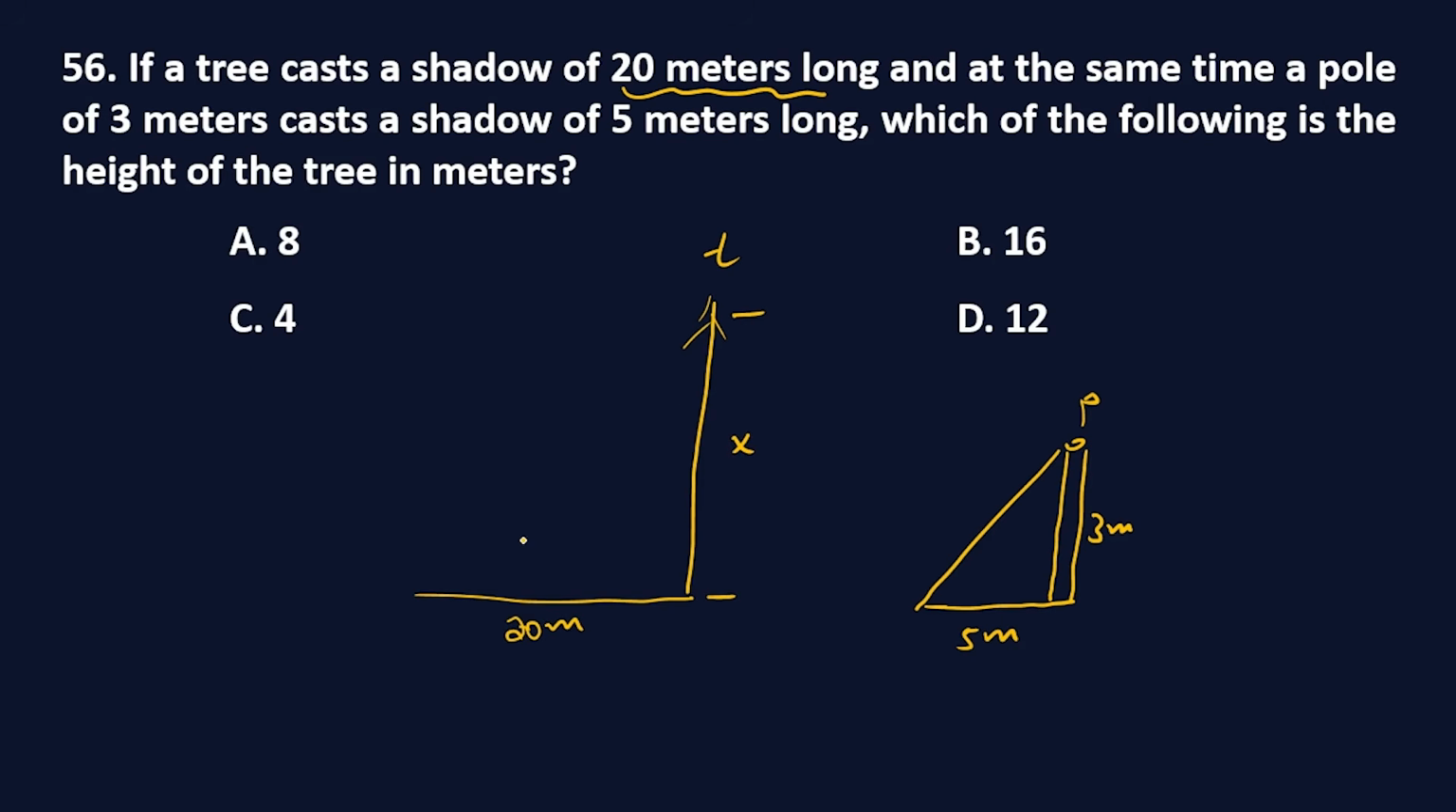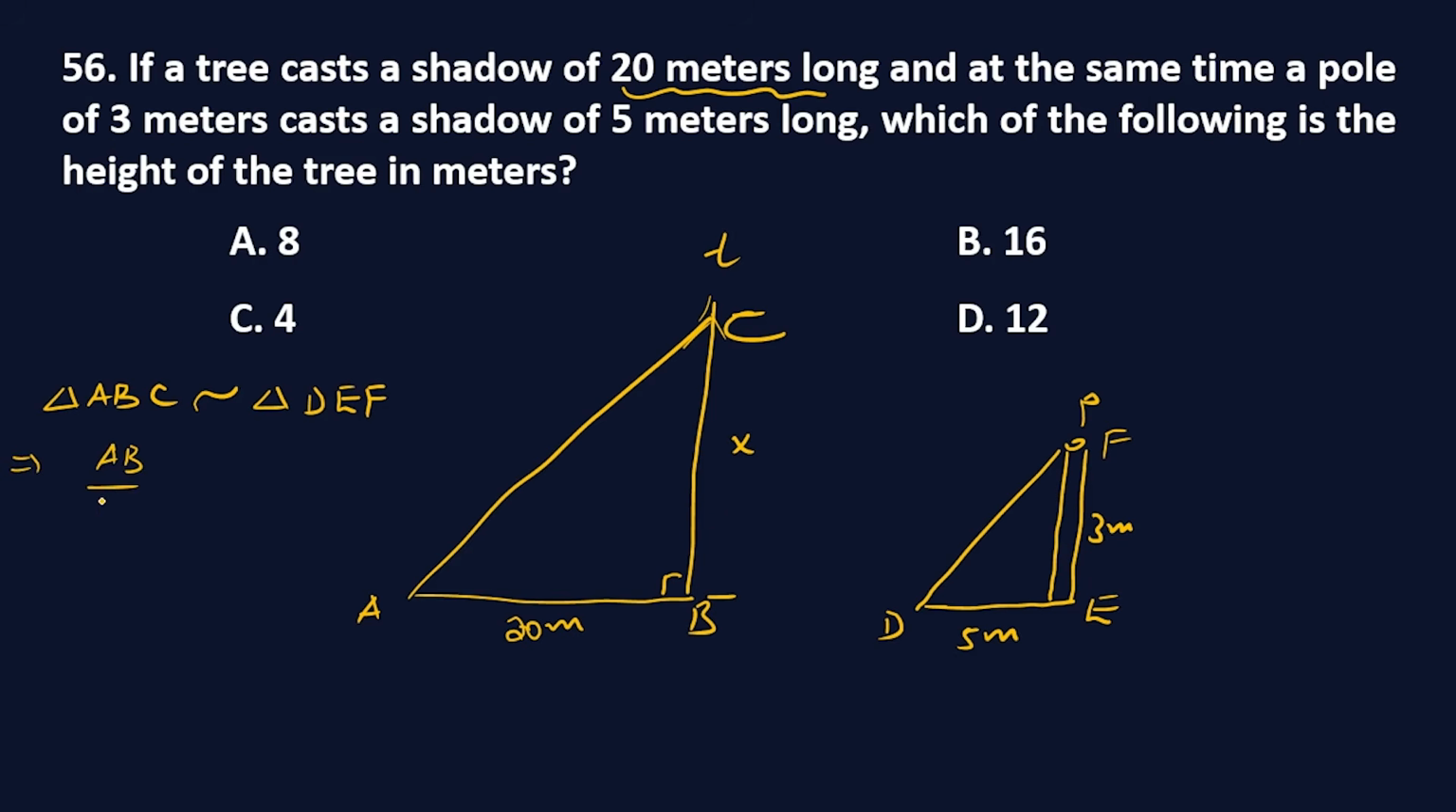We can construct a certain right angle triangle, say this triangle is ABC, and the next triangle is DEF. Using the similarity concept we can determine the height of the tree. From this triangle we observe that triangle ABC is similar to triangle DEF. By similarities we can have the ratio AB